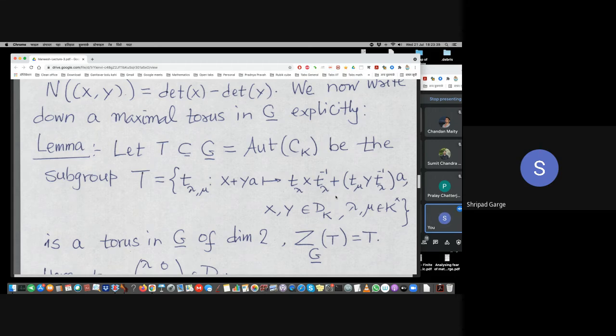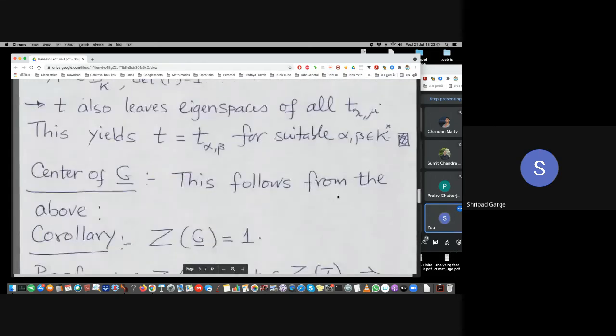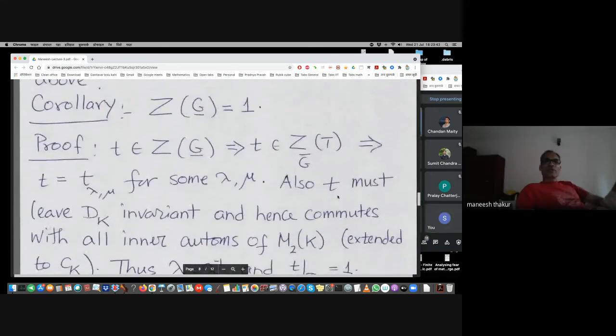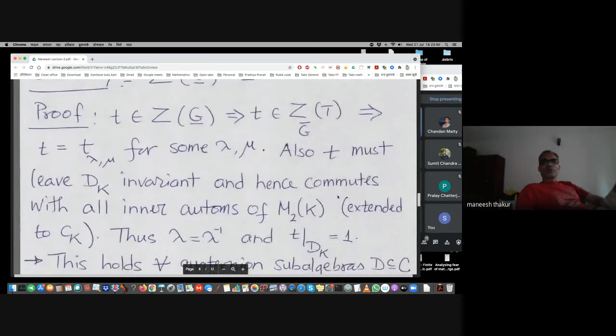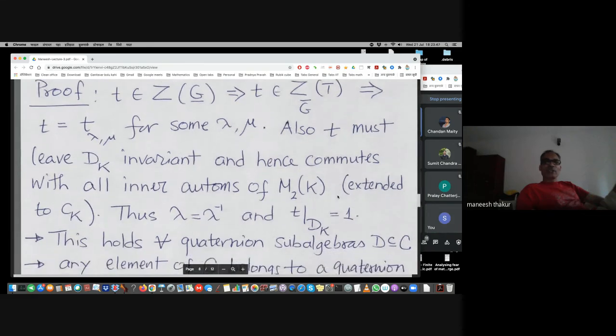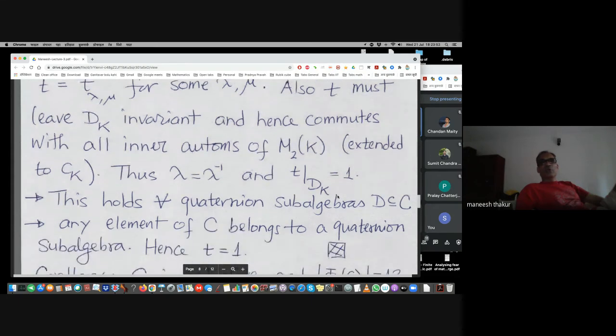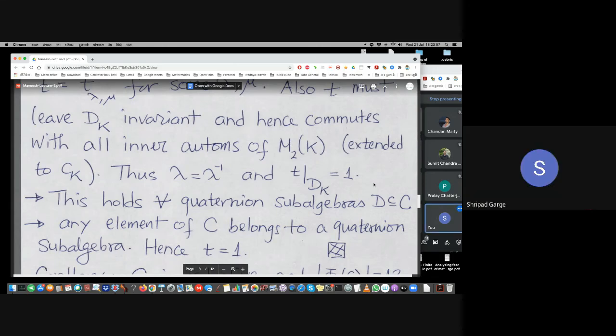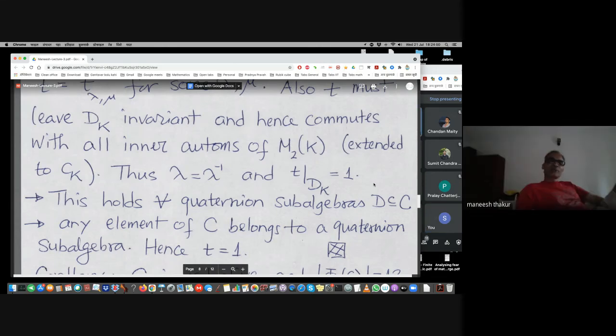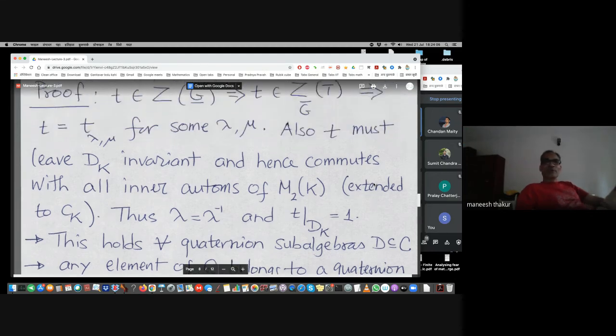What are we doing here? It commutes with every automorphism. So in particular, it will commute with those which stabilize it. When you write this down, you have to choose some automorphisms cleverly, which is not difficult to do. You will be able to conclude that lambda inverse must be a scalar matrix. So lambda should be lambda inverse, and that will finally tell you the result.